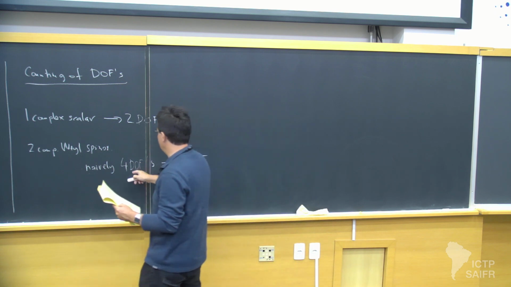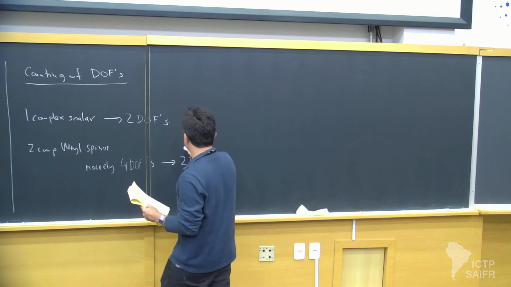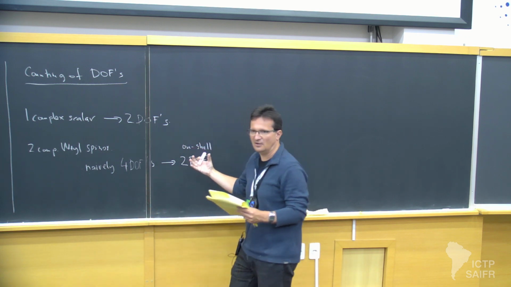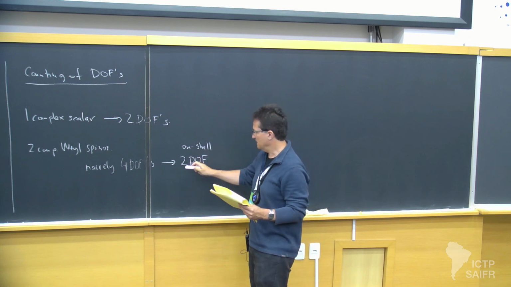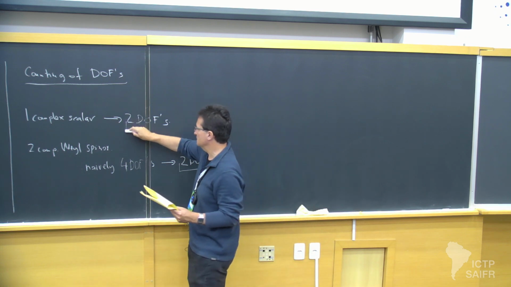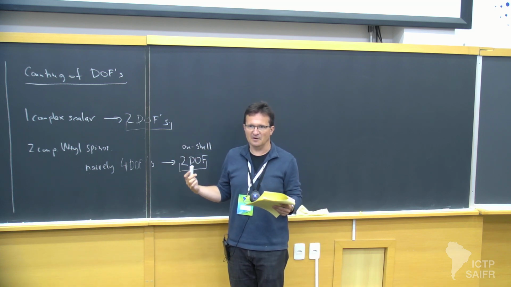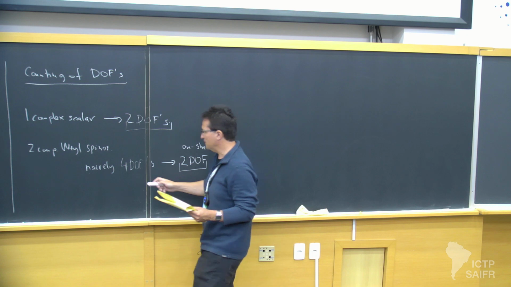So the way we would say it is that on shell, meaning the actual true physical matter content, is 2 degrees of freedom, which matches that of the propagating degrees of freedom of the bosons. But off shell,